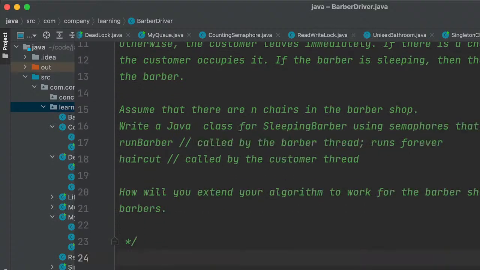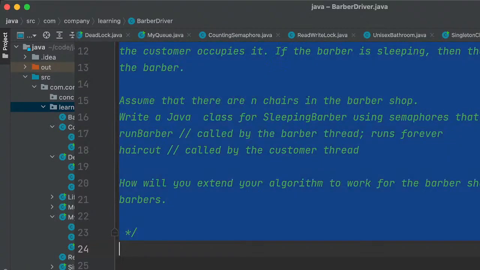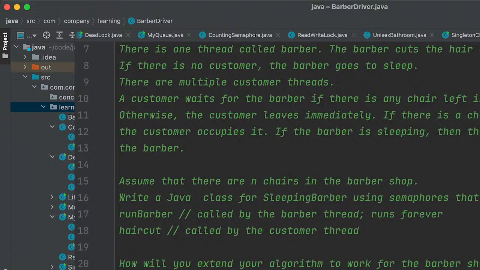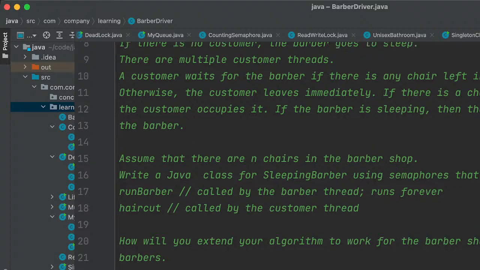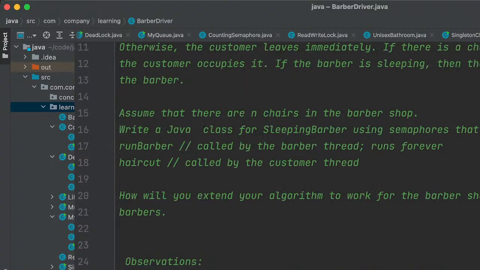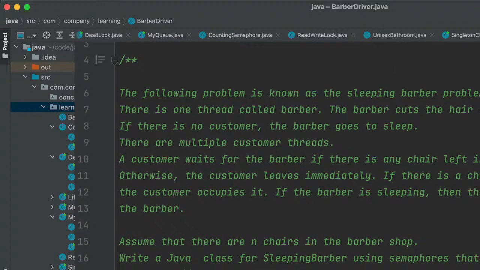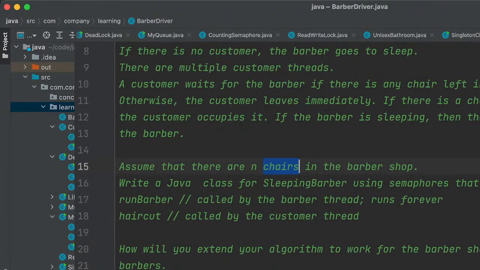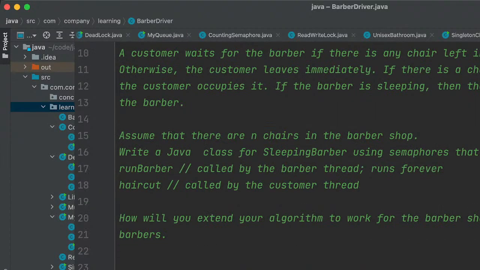Okay, let's say what are the observations that we made in the question. Observations. Here we are given that there will be n slots, n chairs. We can think of it as n.